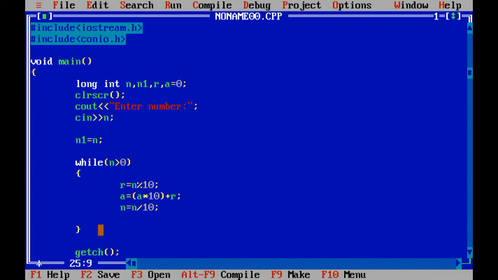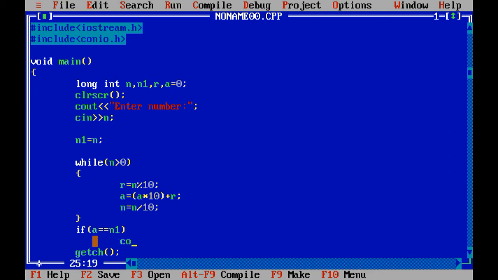Now after this I will explain this line, don't bother about that. Let me write: if a == n1, because after completion of this loop I will get my answer in the variable a, and n1 is the older value which I have stored.